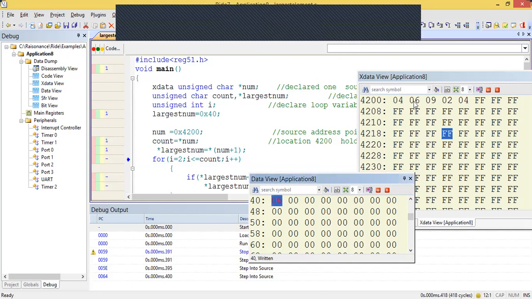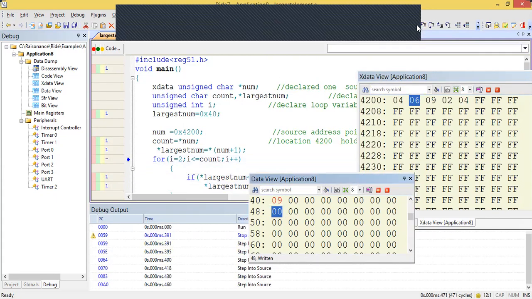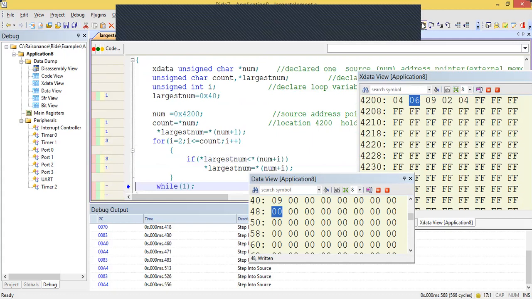That's the first element. Now we'll compare with the 6, and I will access the next value, which is 9. So definitely it will change. Now we can see it's 9. After that, it's 2 and 4. There will not be any change. So after the execution, you can see the content of 40h is loaded with 9. Okay, this is the program to find the largest.